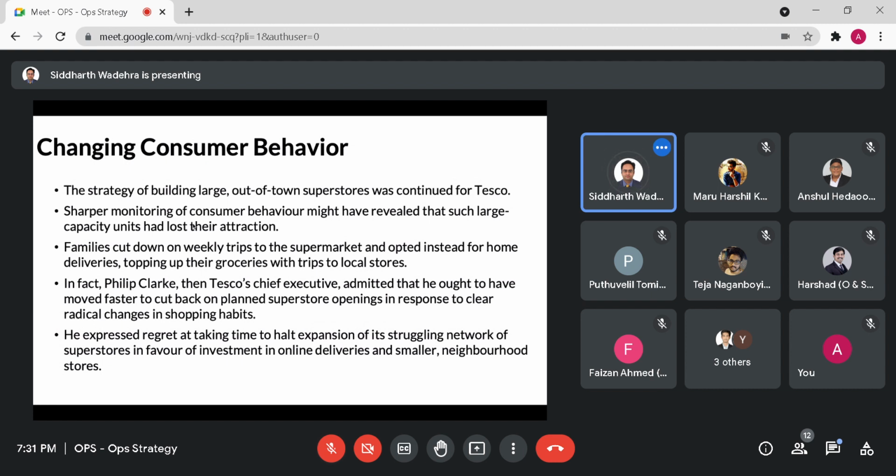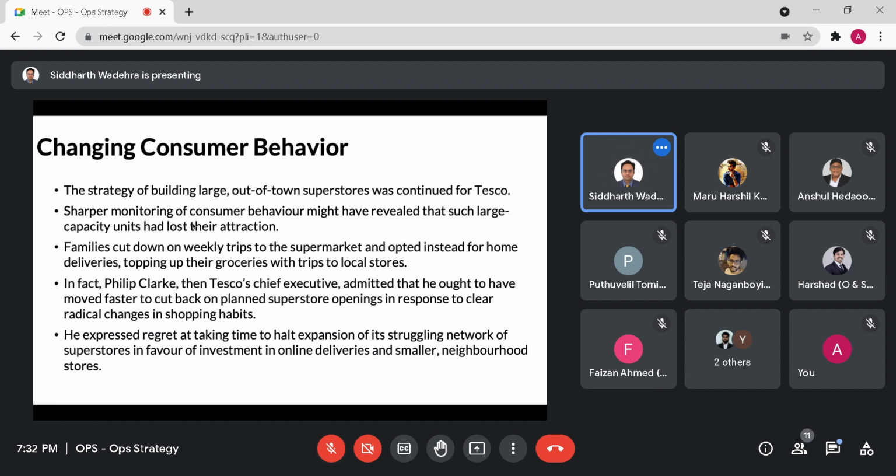Families usually cut down on their weekly or weekend trips to the supermarket, and they were opting to go for home deliveries and topping up their groceries with trips to their local stores. So if you have a local shop nearby, typically any customer would stop by and get it. And for all the major items, they used to order online and get their products delivered